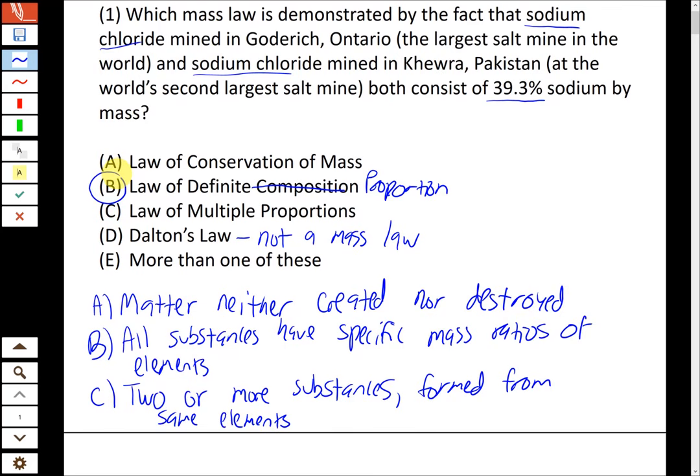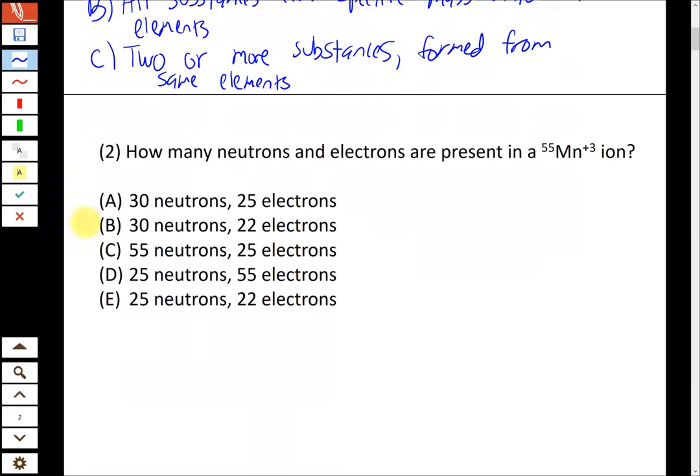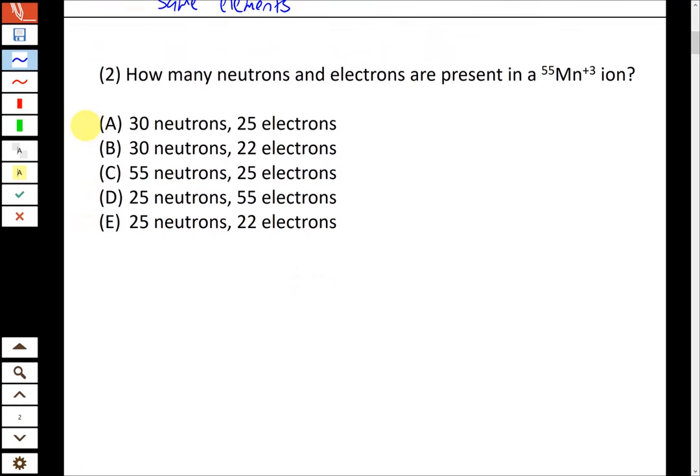or the related topics? All right, if not, we'll just keep moving on, because these typically take a while. All right, the next question, which again, you're likely to see something like this on the exam, would be subatomic particles. So moving into the atomic theory of matter and how atoms are constructed from different subatomic particles, the protons, neutrons, and electrons, and specifically looking at a chemical symbol like this, an atomic symbol like this, and being able to determine how many of those subatomic particles there are. So we want to know, in this case, the number of neutrons and the number of electrons that are present